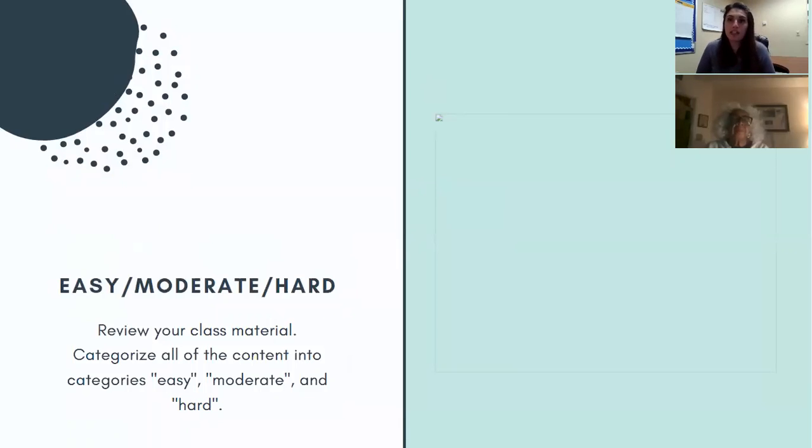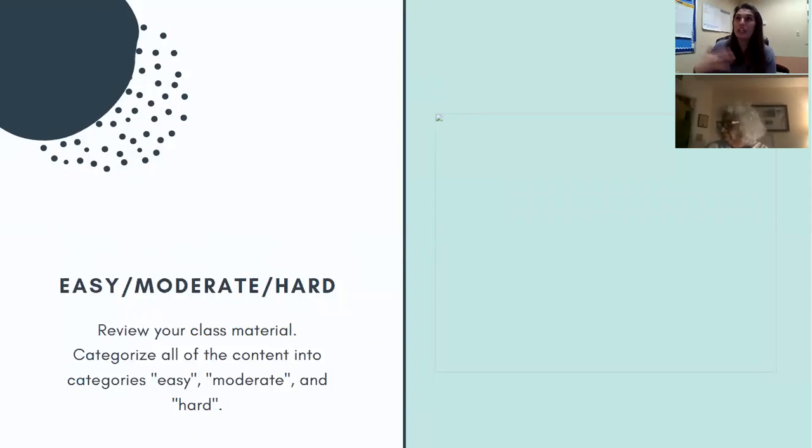Another method that you may want to consider is something called the easy, moderate, hard study outline. First, you're going to go ahead and read through your notes, read through your study guides, any and all study materials that you have, and you're going to make 3 columns on a piece of paper. One that says easy, one that says moderate, and one that says hard. For key concepts, terms, vocabulary words, main ideas, chapters, modules, sections, whatever it is that you're reviewing, for the ones that you feel really confident about, go ahead and write those down in the easy column.